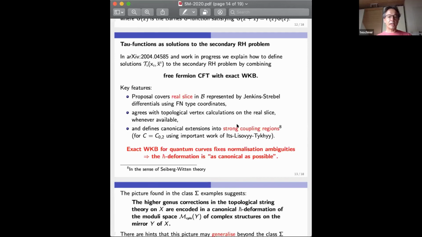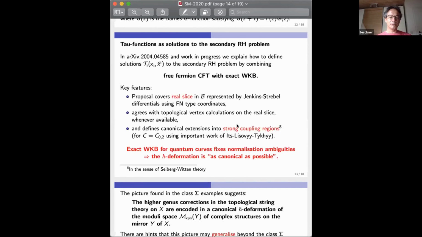Furthermore, we looked at other examples like the pure SU(2) theory, where topological vertex computations are also available. But there again, what you get from the topological vertex would not cover the whole moduli space of complex structures. There is the so-called strong coupling region. And then, using the relations to the free fermions and the tau functions and the result of Iorgov-Lisovyy-Tykhyy I mentioned, it was observed, sort of as a phenomenological observation,